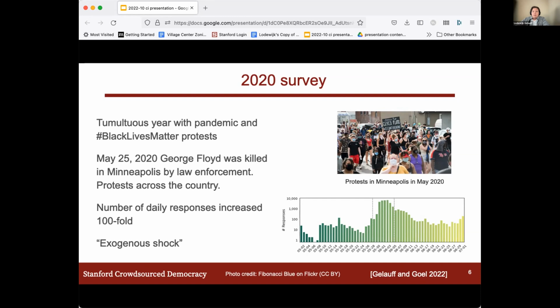It's well documented that this was a major shock to American society, not necessarily in that it was something totally new, but it really was an emotional shock. The immediate effect on our exercise was that where people could give feedback on the police budget, the number of responses increased 100-fold, basically overnight. So in line with econometric literature, we will refer to it as an exogenous shock, as this killing and the subsequent protests.